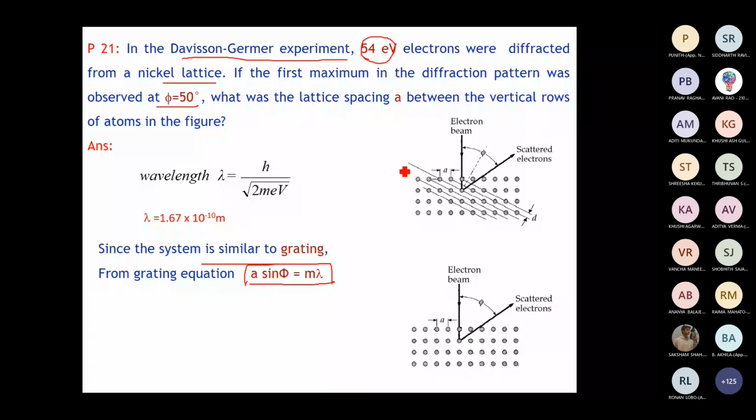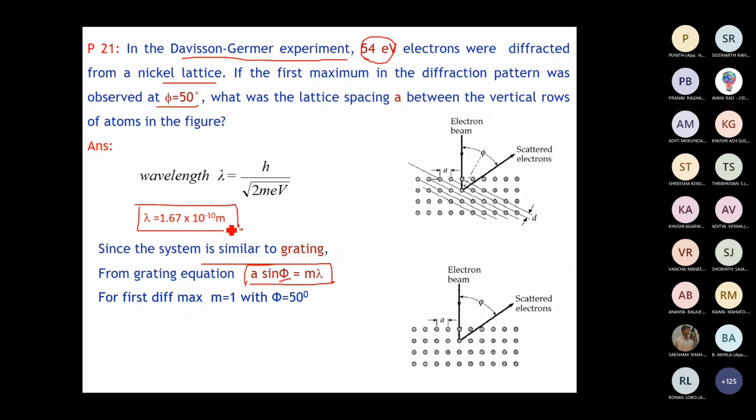So using the de Broglie relation, you get the wavelength of the electron as 1.67 angstrom, that is 1.67 × 10 to the power minus 10 meters. That's how one could verify it. If you put it in this equation and check, you will get 1.67 angstrom, and when you measure experimentally, you will get the same value. That's how the hypothesis was validated.